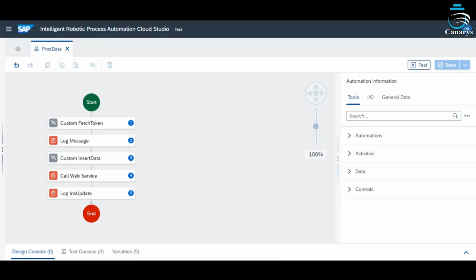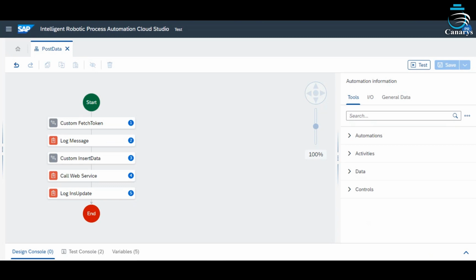API access must be enabled on your Salesforce account in order to make API calls and access data in Salesforce. This can be achieved by creating and configuring connected apps in Salesforce. Let's have a look at the RPA bot to understand how the API calls to Salesforce can be made.